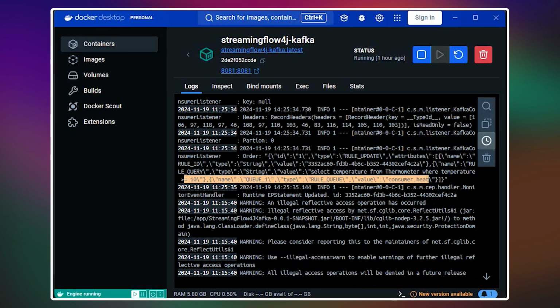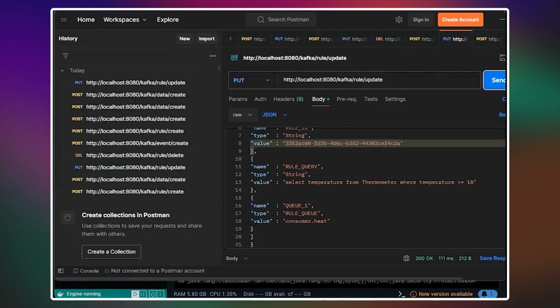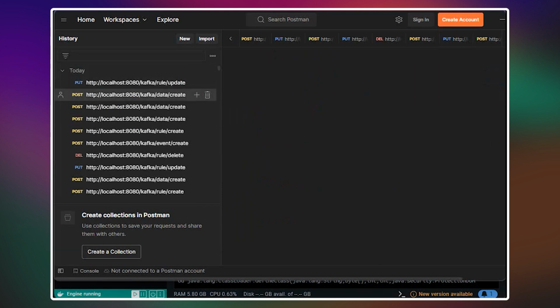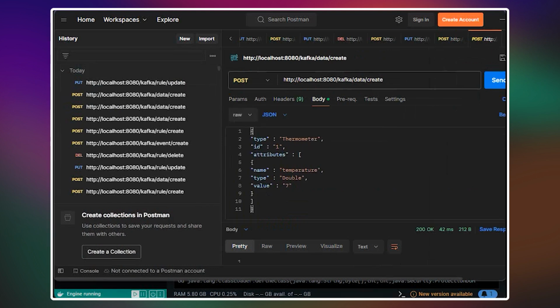When you see that, if you just send information that we were changing, how we change, because it's temperature, the temperature is over than 10. Let's just send again. And so we just send 7, so it will not be received in any place.